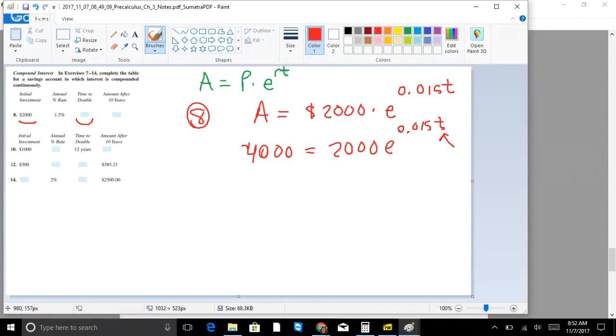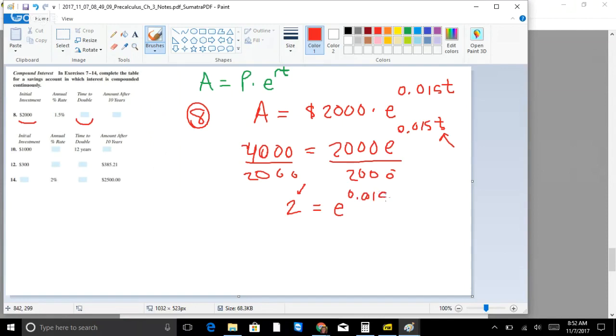And so that's where all of what we've learned from 3.2 through 3.4 comes into play, because now we actually know how to solve exponential equations. Before, we didn't know how to do that. So we're going to try to solve this equation and figure out how much time it's going to take to double my money. The first thing you want to do, remember, is simplify using your other algebraic rules. We're going to divide both sides by 2,000. When it doubles, it means it's 2 times the amount, right? So 2 equals e to the